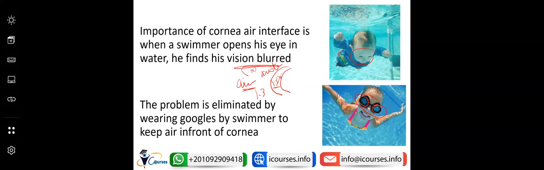So I believe that this is the trick in this question. Even the question tells you that you are standing in front of clear fresh water, so there will be no scattering of light by any particles present in the water, which could cause degradation of the image quality. Since the water is clear and fresh, and there is an air cornea interface, the image will be clear.